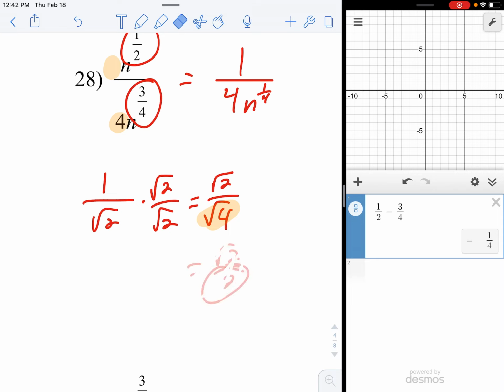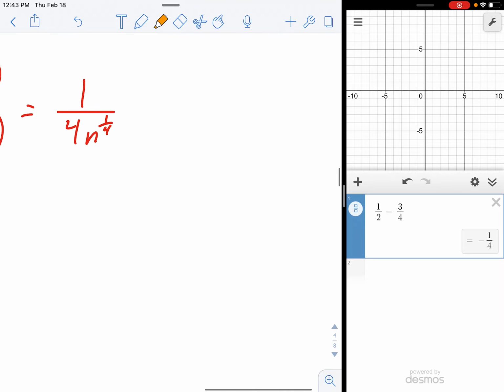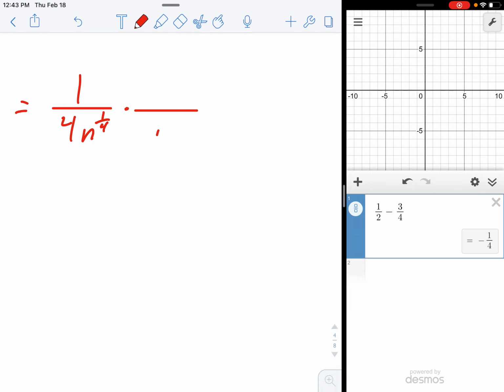So this process of rationalizing, it's going to be kind of like that with a fractional power. We don't have to worry about the 4. The 4 is not a problem. It's going to stay there. We do have to multiply. And it's got to be the same thing on top and bottom. It's going to obviously involve an n because the n is the thing with the power. But we're not going to multiply by 1/4. If I did,